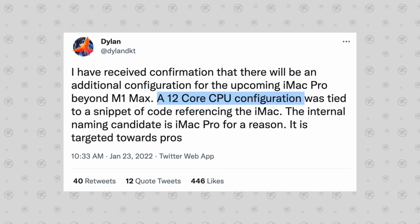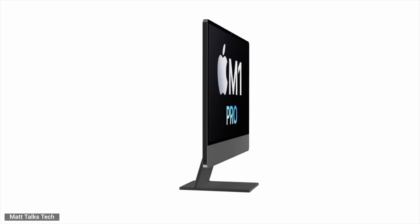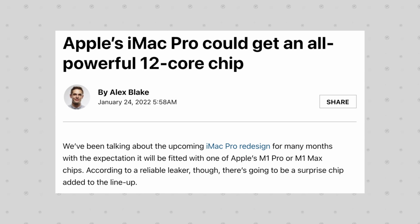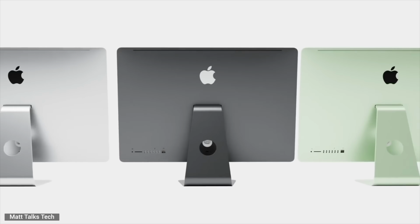So when I heard this 12-core chip leak, I was honestly flabbergasted, but I've been doing a lot of thinking over the weekend about how this could be possible, and I think I've finally figured it out. But just to give the situation the benefit of the doubt, I'm gonna be presenting 3 different scenarios for how this 12-core chip could make sense. So with that said, let's start off with the first scenario that Apple did in fact create a brand new